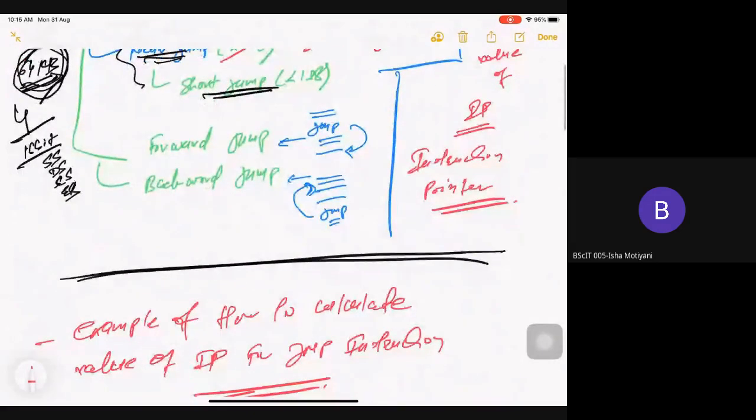Next, your jump can be classified into two more types. It can be a forward jump, it can be a backward jump. If this is my jump instruction, and I jump like this to a further location in my program, then it is a forward jump. But suppose in our loop instruction, our symbol is above and our loop is below. In that case, this is a backward jump. So forward jump and backward jump are clear?